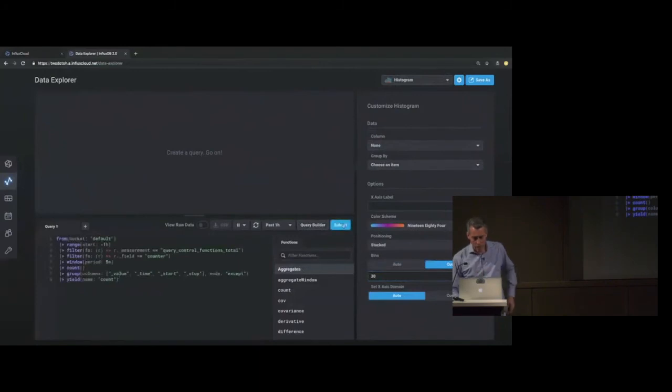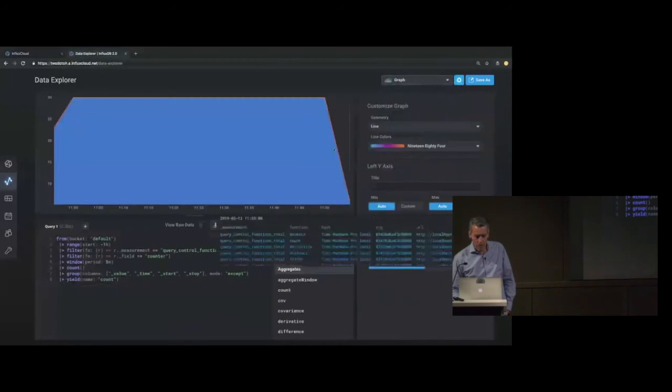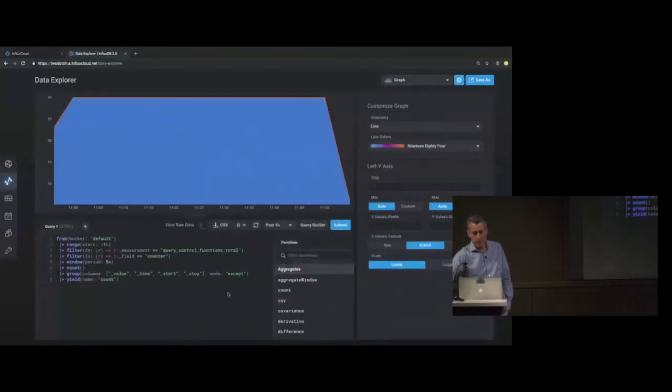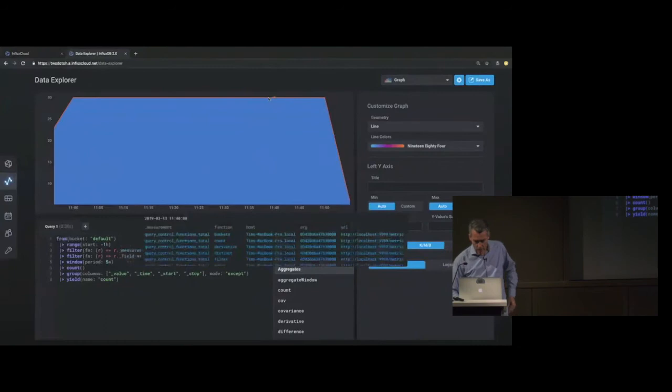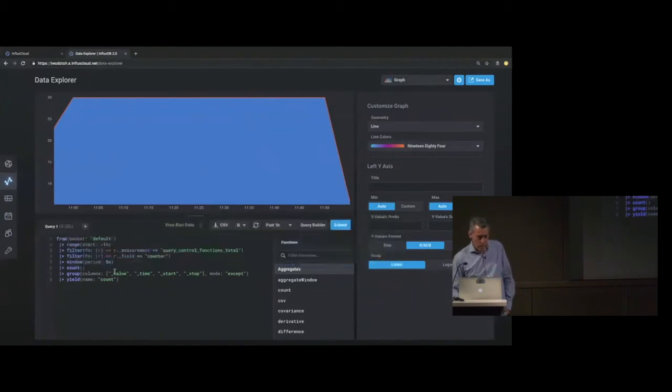So for example, if I wanted to build something that was not a histogram, I'm looking here at the query functions that have been executing through the Flux engine. In this case, if I float over these, I can see things like buckets, count, derivative, distinct, filter, and how many times those have been executed over the period of time I'm looking at. In this case, it's a 1-hour interval, and then I'm summarizing those into 5-minute buckets. And I'm just taking the count. So that would be a fairly normal sort of downsampling thing.